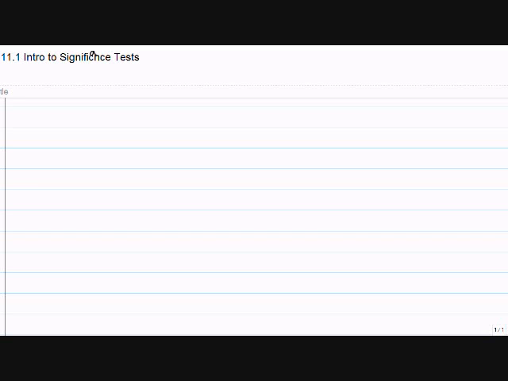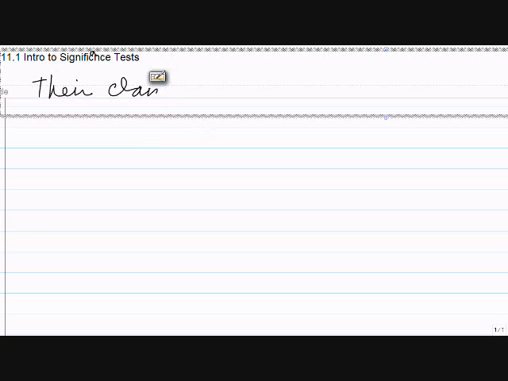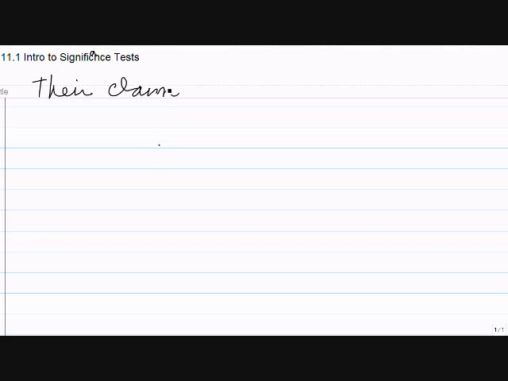Maybe it won't. So with our chocolate chip cookies, the manufacturer claims that there are an average of 25 chocolate chips per cookie. So their claim, I'll write this out, is an average of 25 chocolate